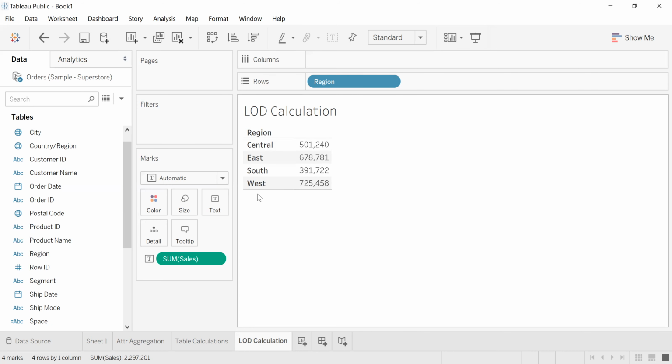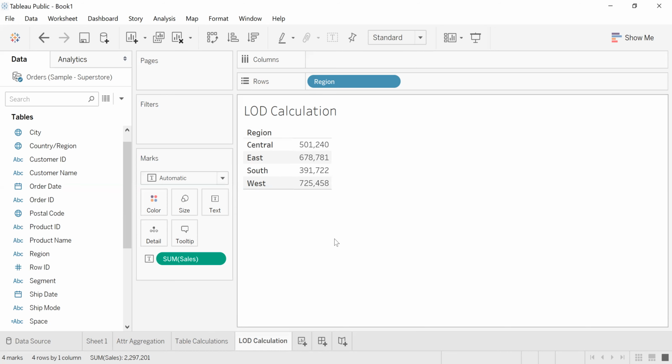Regardless of the region column, I want my data aggregated at the state level. Right now, data is aggregated at the region level, but I don't want that. I want the data aggregated at the state level, and anyway I will pull region in. It will be regardless of the dimensions present in my view. It will compute the aggregation at a different level of aggregation. This is called an LOD expression.